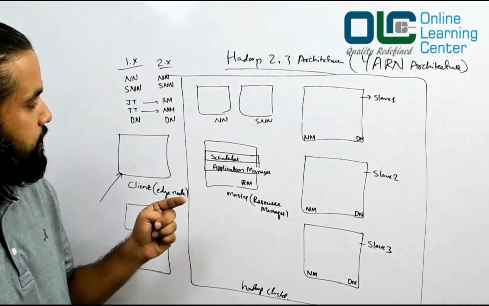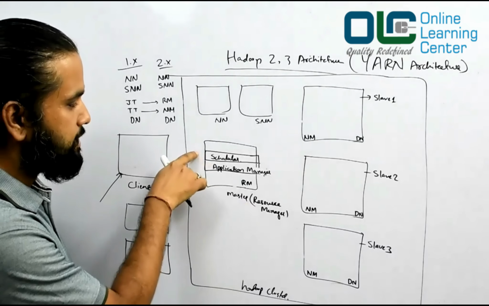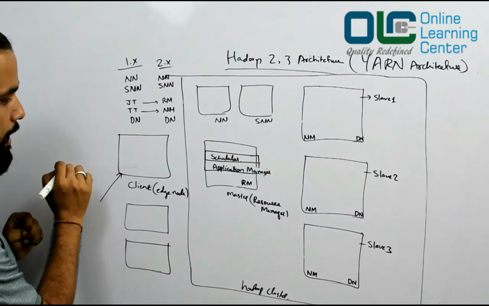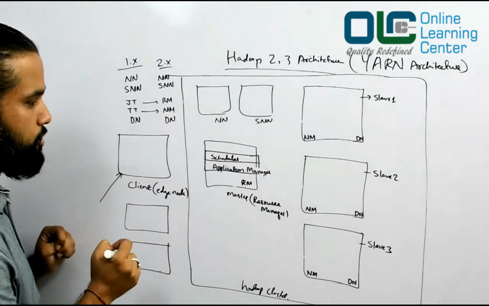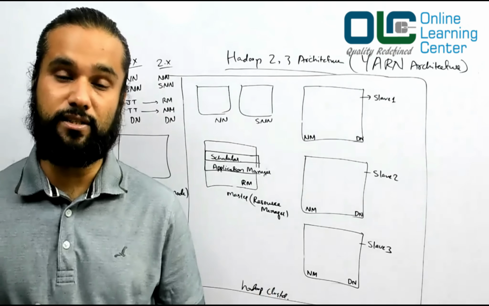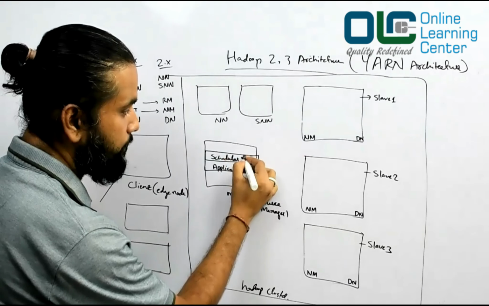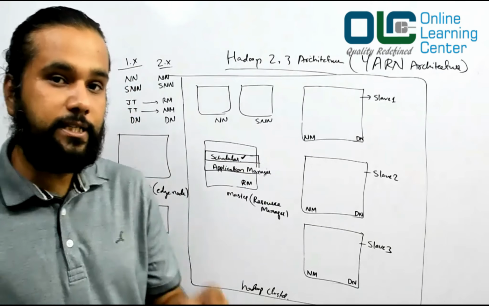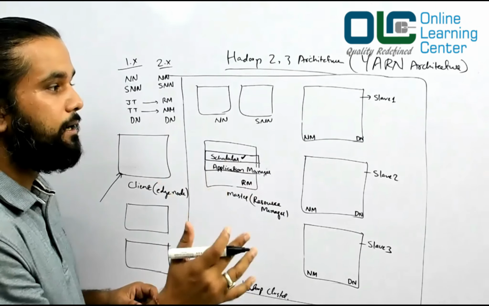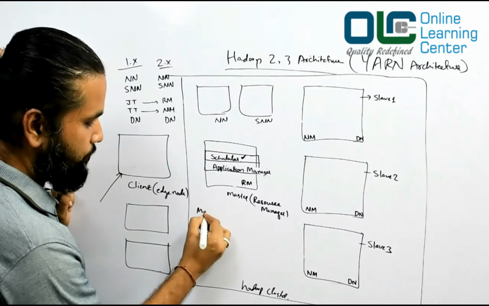So now our focus is on submitting the job. We have resource manager which has scheduler and application manager. Now suppose the client submits a job. To run a job you need some resources, and that allocation would be done by the scheduler. So what does this scheduler do? It helps us negotiate the resources so that the job can run successfully. For example, I have a job, let's say a MapReduce job, which I want to run.